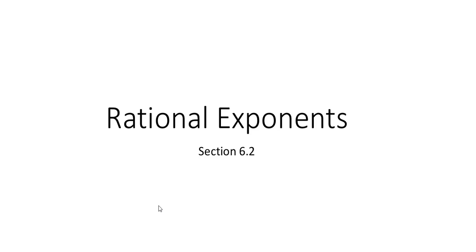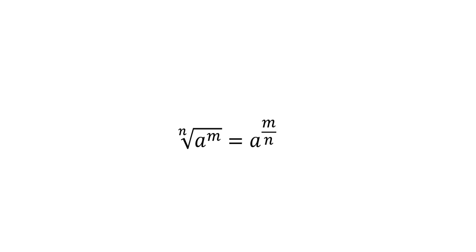In this video, we're going to take a look at section 6.2 on rational exponents. Radicals can be rewritten in exponential form, and when you do this, the exponent that gets derived from the radical becomes a fraction. So, for example, if we have the nth root of a to the power of m,